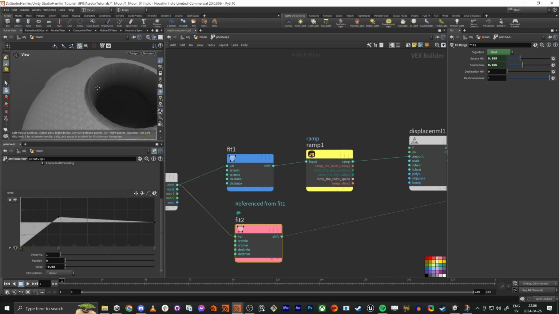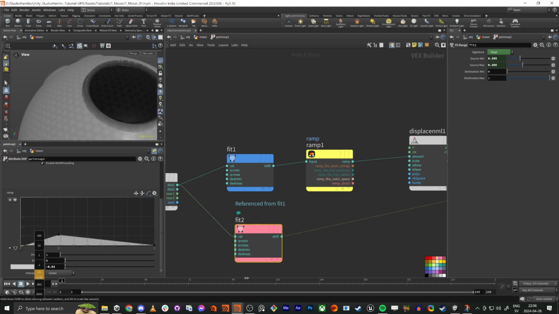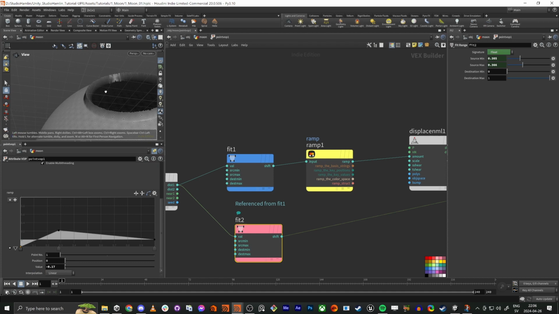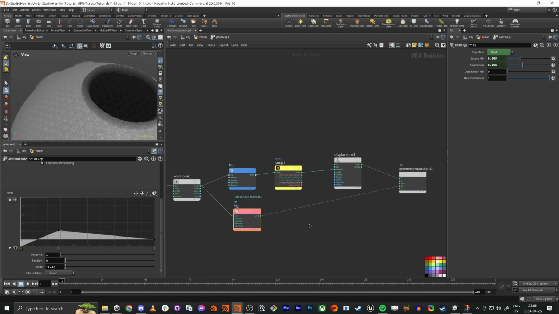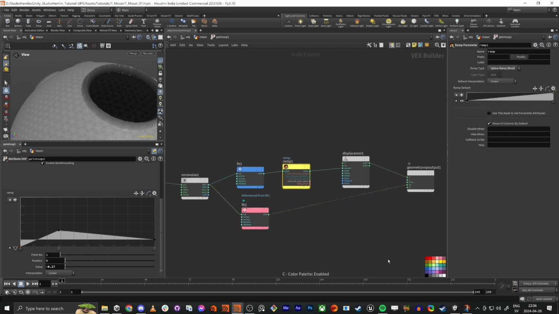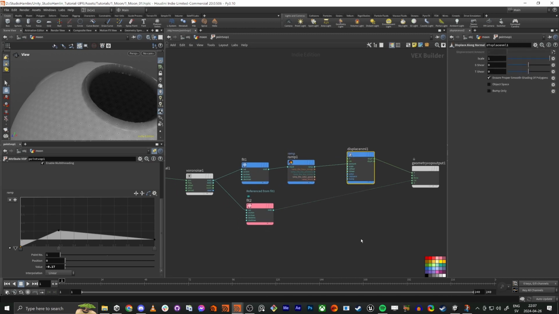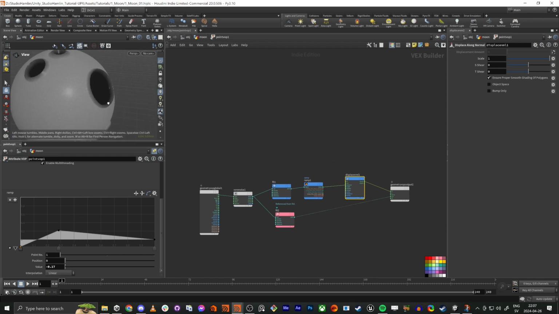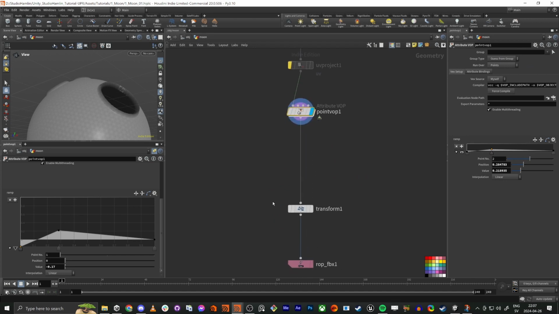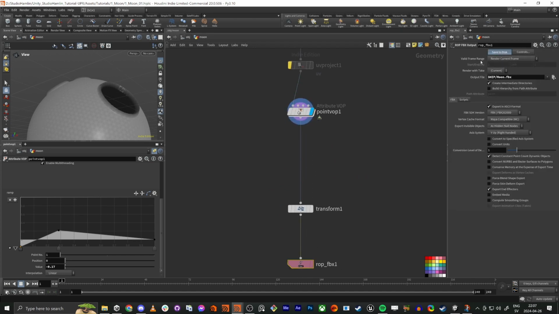So now I have a crater, but I'm just going to have it just a tiny bit like this. So this is good. And yeah, we're going to color this one blue. So we have this, know that this one is also for displacing. So that's nice. So now we have the craters, and if we go out and do save to disk,